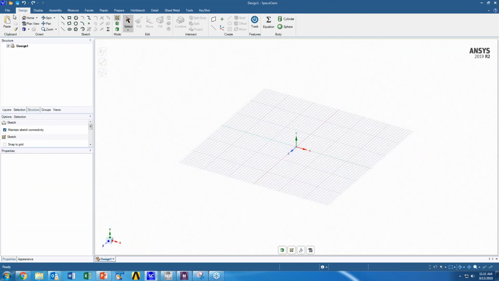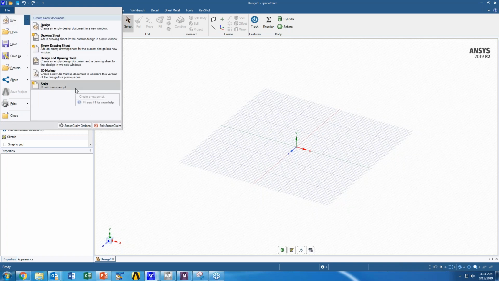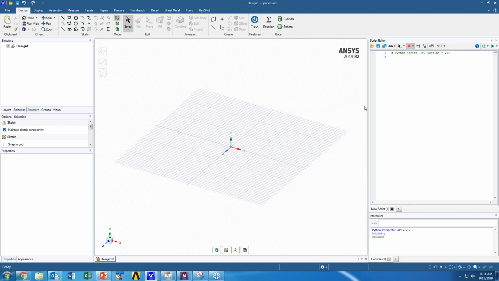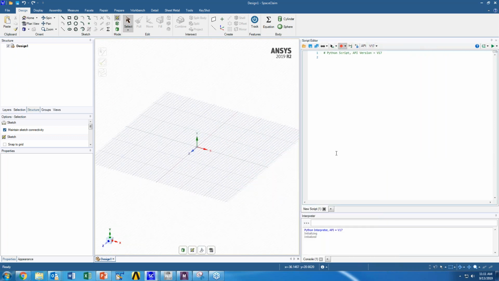This is the default way SpaceClaim opens. If I want to view the script editor, I can either open a script, or I can just go to File, New, Script. It's going to open the script editor on the right side of my screen, and this is the editor, and this is how it interacts with the rest of the system.